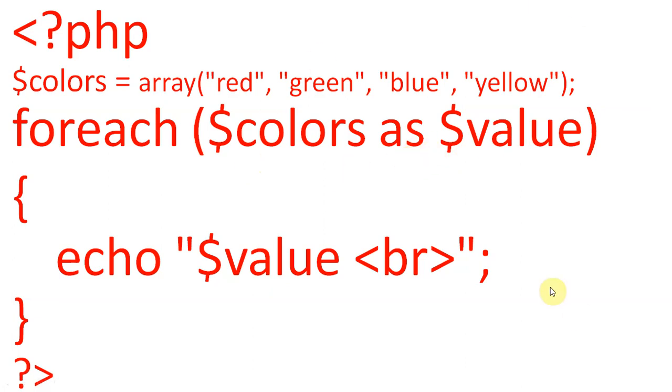So this is the array and this is the variable, and in place of this array we can directly mention all these values here also, or we can use an array here also. We are transferring values one by one to the value variable, and then we are printing it by echo $value. So this is the foreach loop.